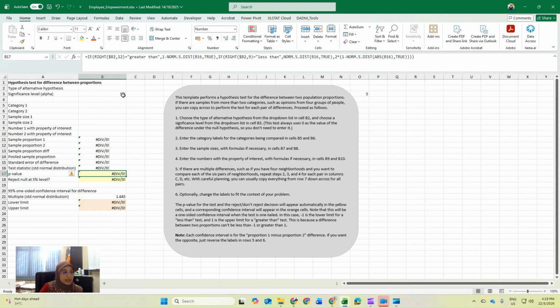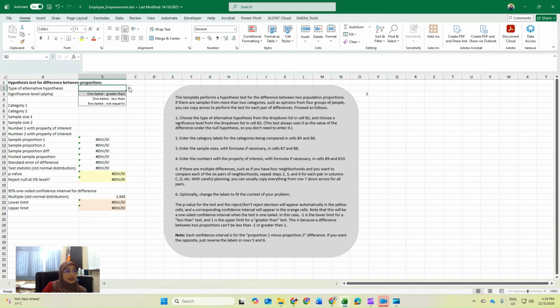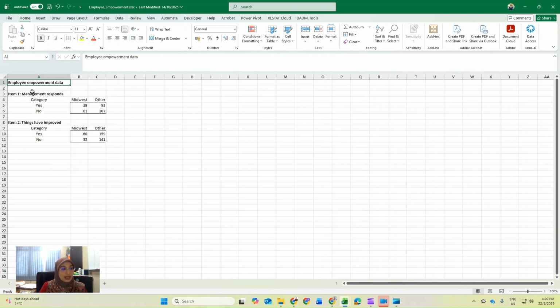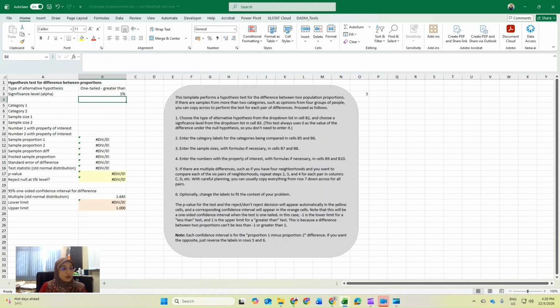Now you have copied it here. For the type of hypothesis testing, we want greater than, because we want to see whether it improved in Midwest or not. You have two items here, item 1 and item 2.